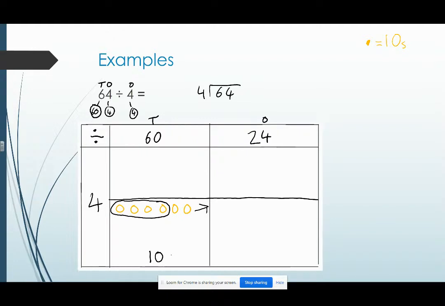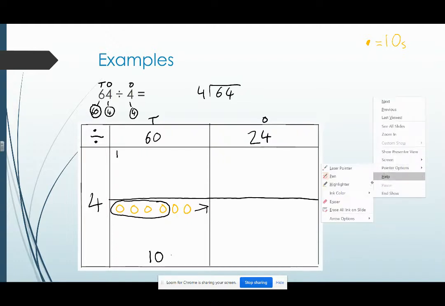Now we can do the written method in this first box. So how many times does 4 go into 6? It goes in once. But then we've got 2 left over, so 4, 5, 6. And that's like down here are 2 tens. And then that's been carried over to the ones. So our second bit over here,